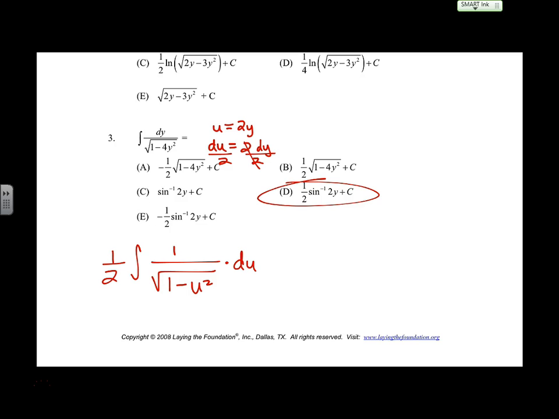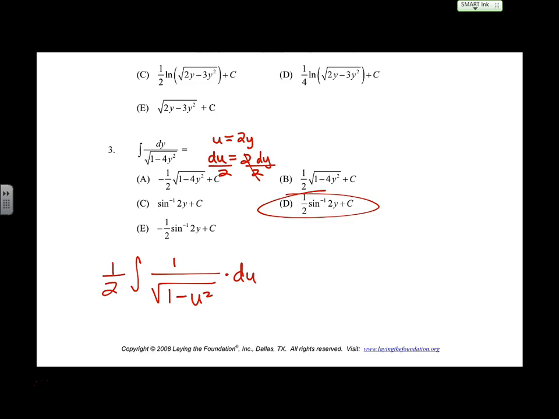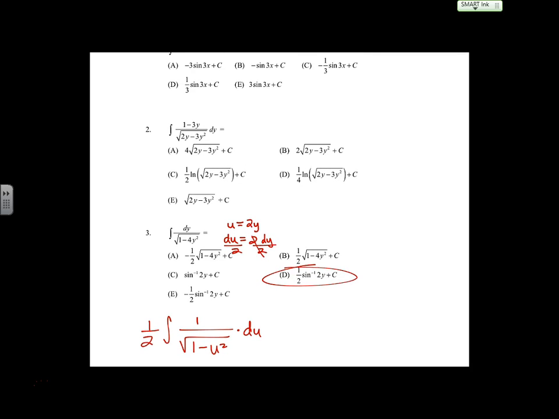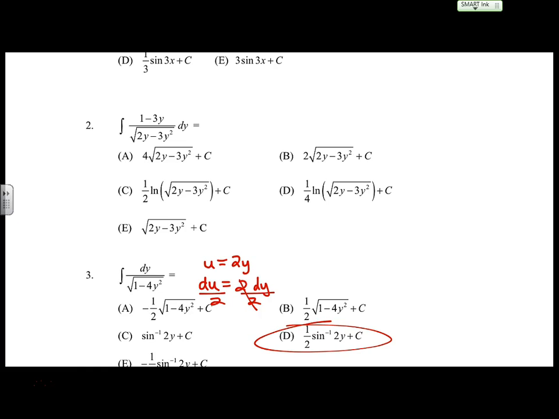On the second one, I wasn't sure where to start. Okay, the second one is a mess, right? Some of you guys might think arc trig, but why are we going to try to not do arc trig? There's grossness going on, right? So then with the grossness going on, maybe we could go ahead and try to set the inside to be u, because we have a y in both places. Okay, so if we set the inside to be u,